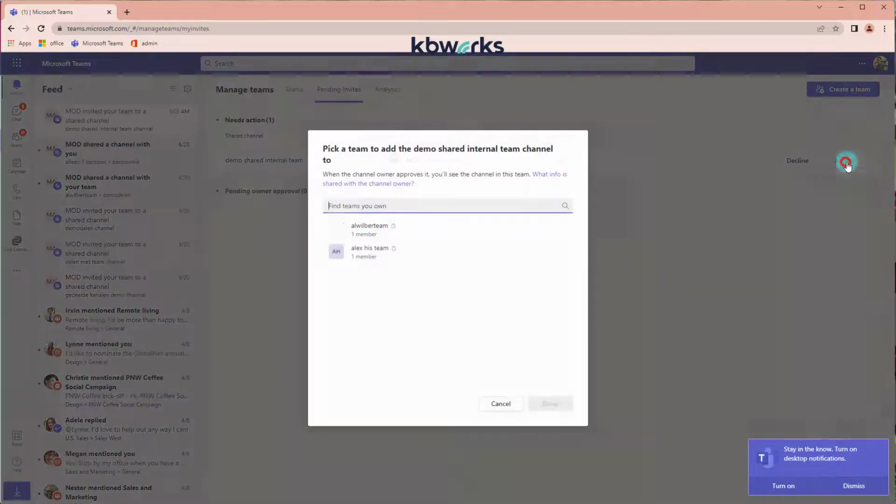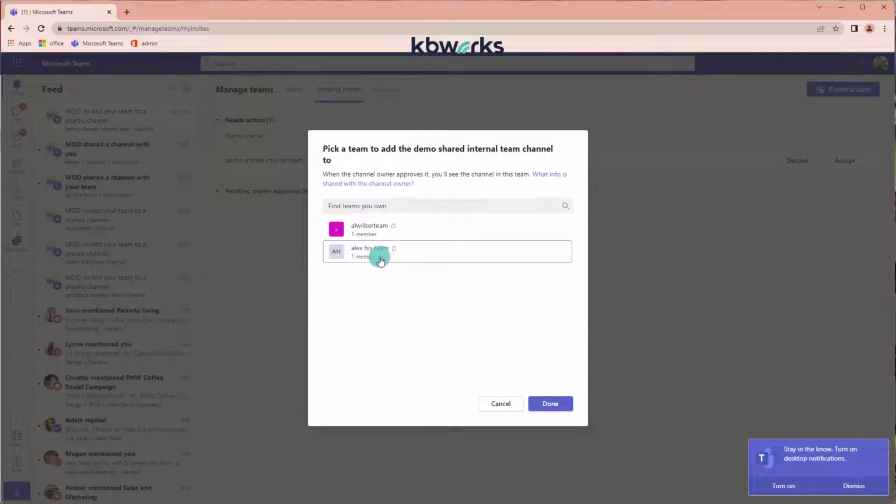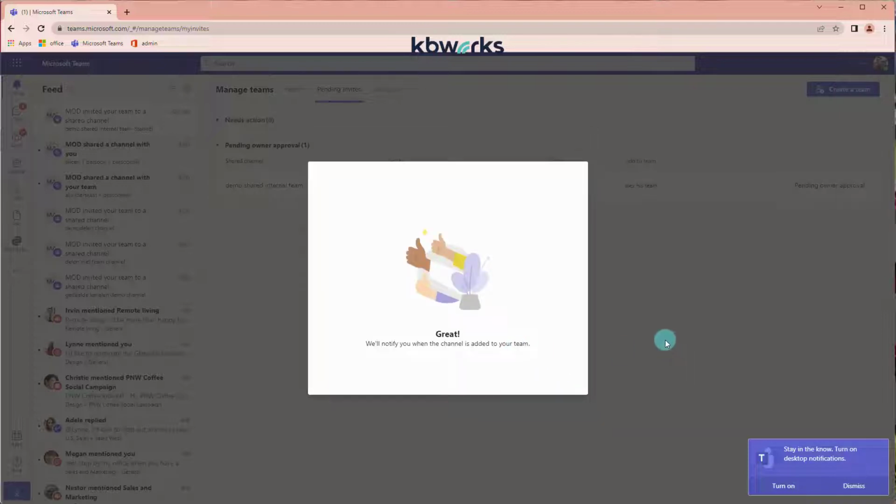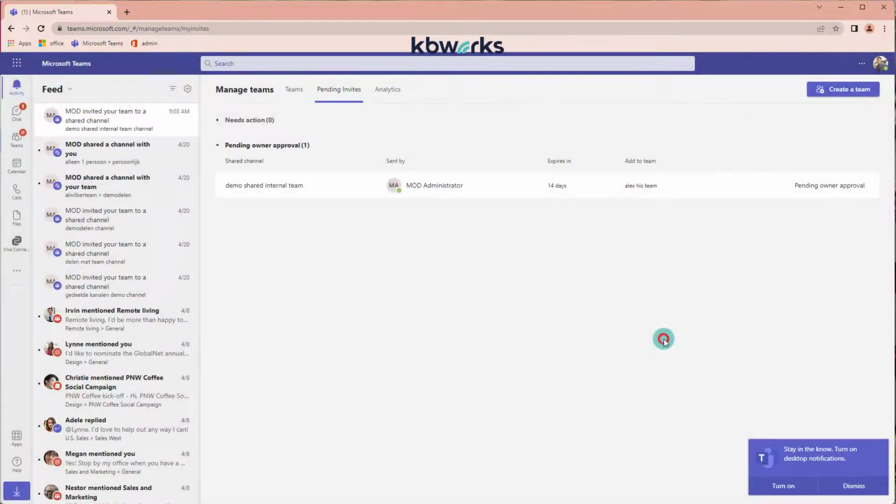When he accepts it, he needs to select a team where he is the owner of. So that's very important. He needs to be owner of the team. Okay, I'm going to select this one, and now I'm going to click on done. When I'm done, you would expect, okay, now he has access and the team also has access, but that's